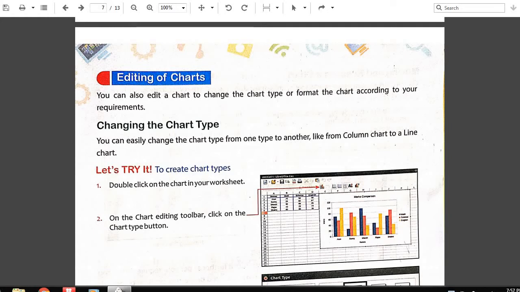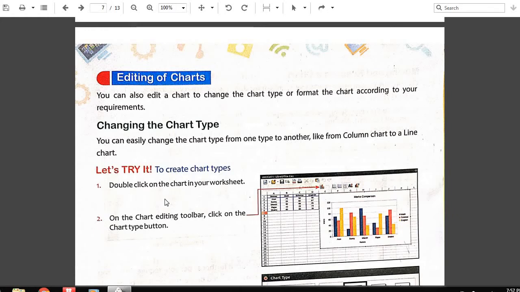First, if you want to change only the type of the chart, like the line chart and column chart we have discussed. Say you have selected a column chart and it is ready in front of you. Now you want to convert this chart into a line chart. Same values, everything will be the same. You can change the type. Let us see how to do this. You have to follow these steps.